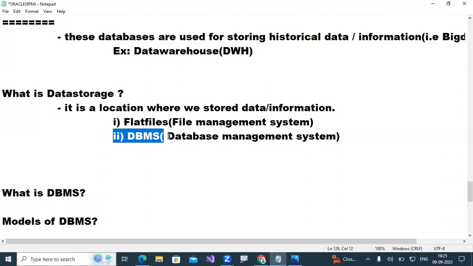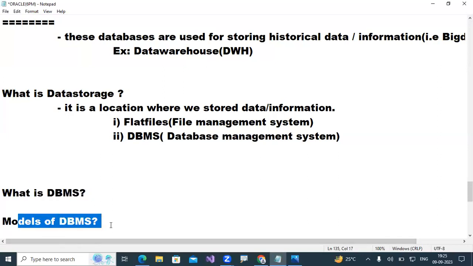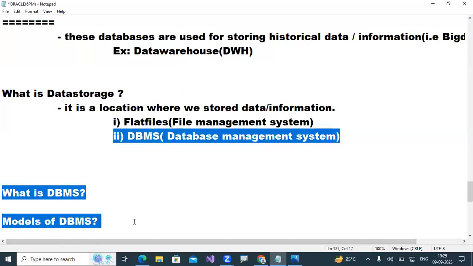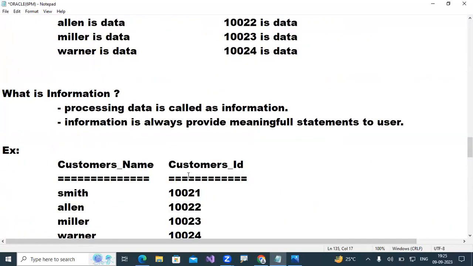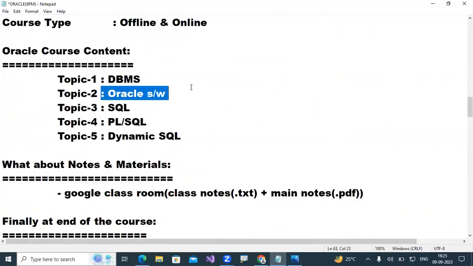The concept is called DBMS. In this concept, they are using some software. With the help of those software, they overcome the problems which existed under file management systems. And how DBMS overcame those problems, later on, what exactly people define as DBMS and what the models are, is very, very important before you enter into which class?